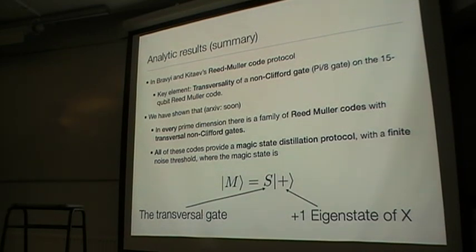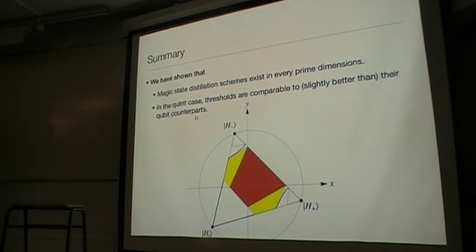And these magic state distillation protocols really have a very nice, simple structure. We can analyse them analytically and prove that in all dimensions, or prime dimensions, we do get a finite noise threshold. And so we're able to show that magic state distillation does actually work for any prime distillate, for any prime dimension. So to conclude,